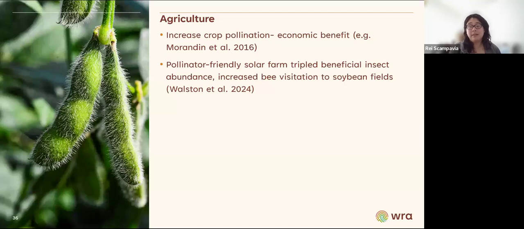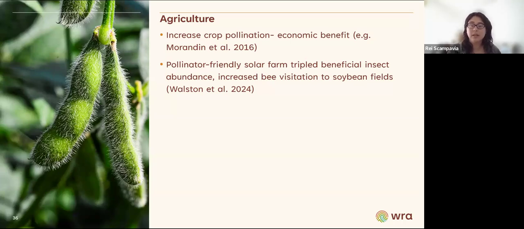There's already a lot of evidence out there that creating pollinator habitat in agricultural areas can improve pollinator visitation and pollination of crops, which can lead to this direct economic benefit for farmers. For example, there was one study that was done in Central California in an area with a monoculture crop system that found if a farmer spent $4,000 investing in planting pollinator habitat, this planting could actually pay for itself within 7 years by increasing populations of beneficial insects and pollination rates